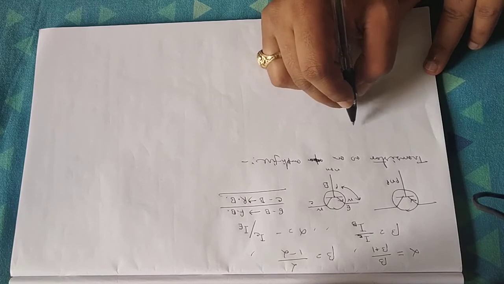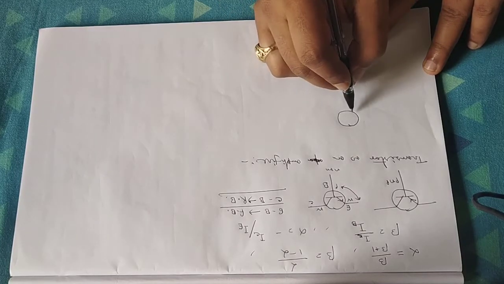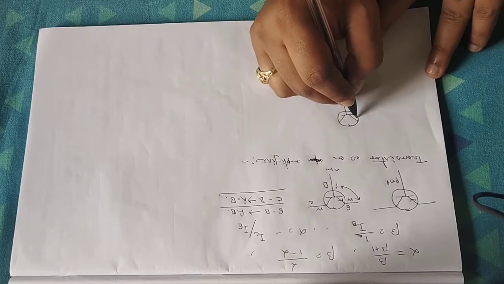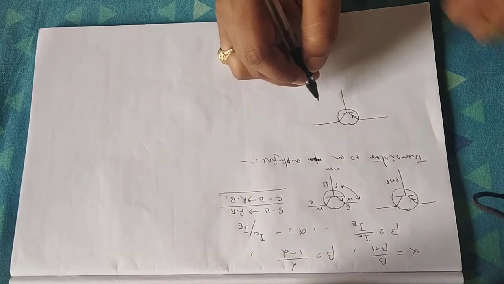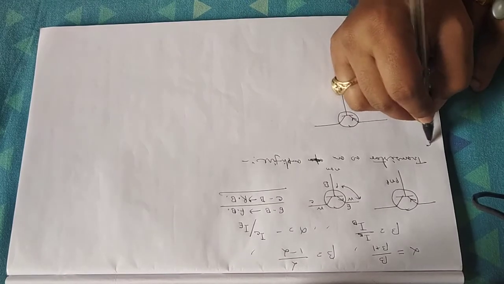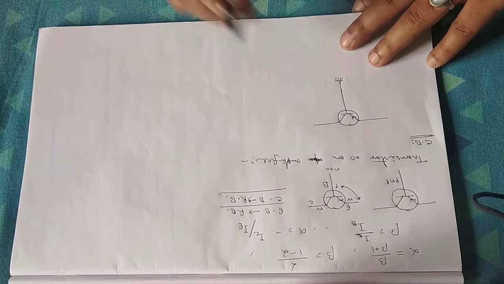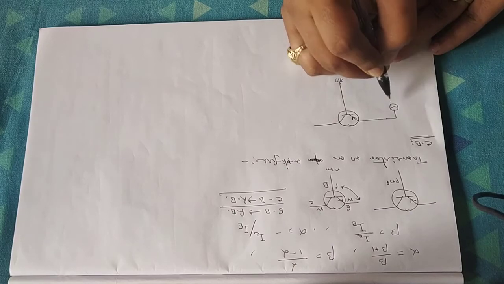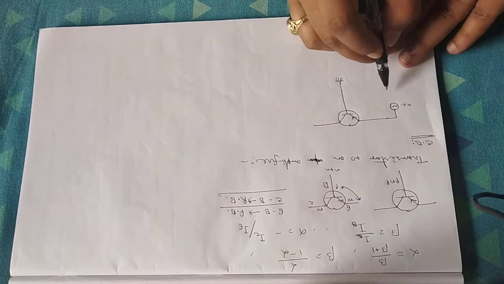First, let me connect the transistor in the common base configuration. Suppose this is the transistor and I am considering one PNP transistor. So for a PNP transistor, the arrow will be inwards always. This is the inwards arrow. This is the base. I am doing first the common base configuration, that is CB configuration, common base. Base is common, so make the base ground first. Then you are allowing here some small AC signal which you want to magnify or amplify.